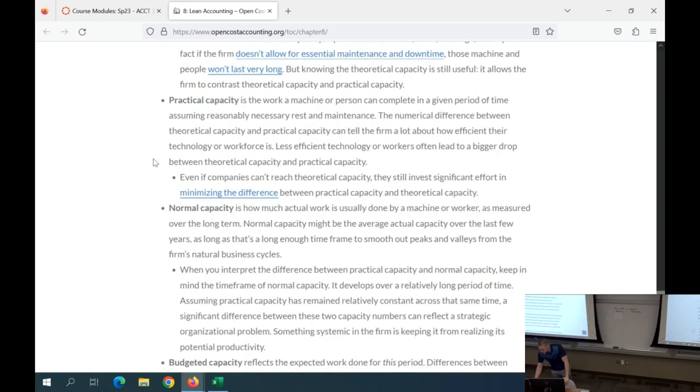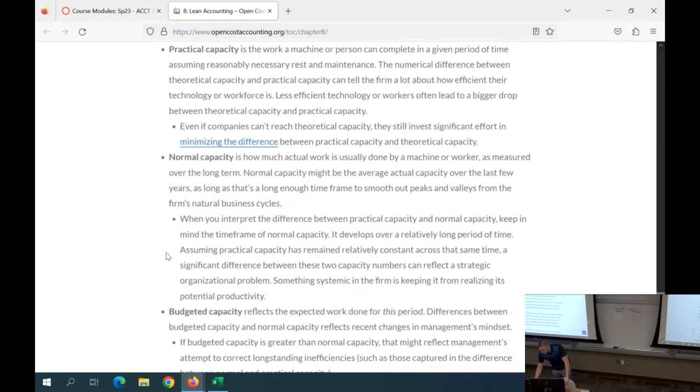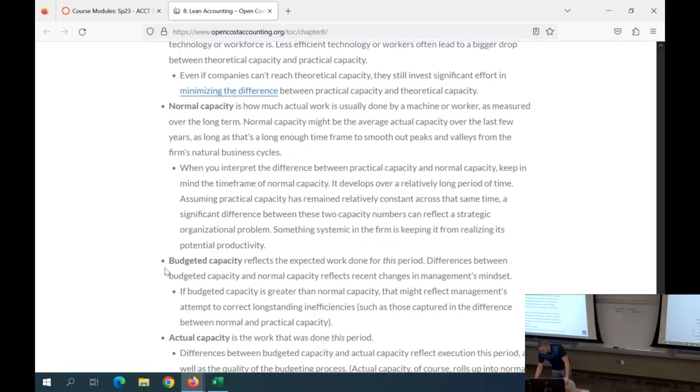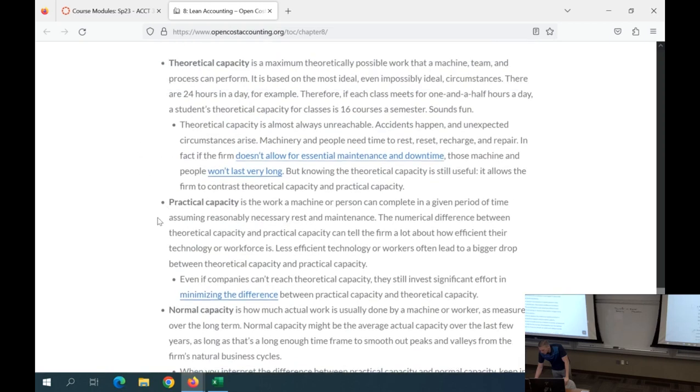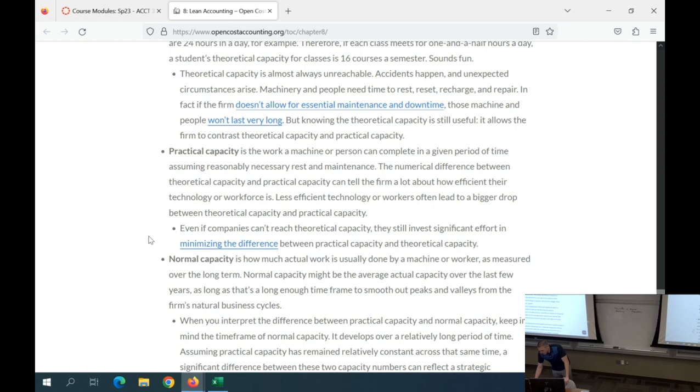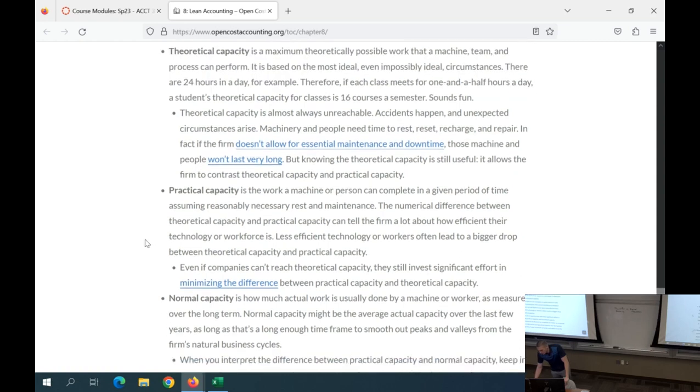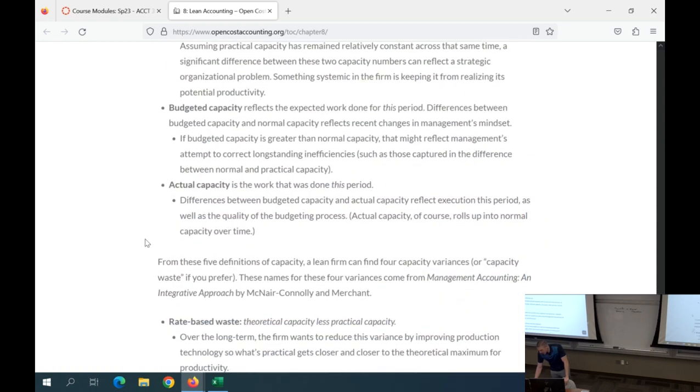Okay, and then we have this big gap between the bottom 3 empirical definitions of capacity, 1, 2, 3, and the top 2 theoretical definitions of capacity. So this is a very important and big gap, but they all have gaps ultimately. And those 4 gaps, because if you have 5 points, you're going to have 1, 2, 3, 4 gaps between them,